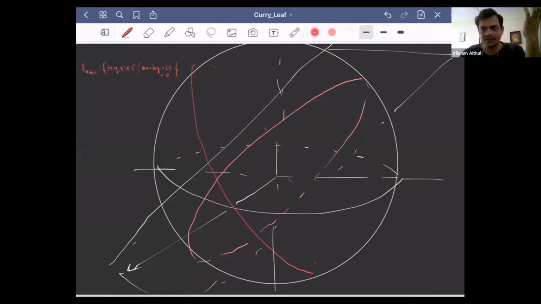Yes, right? How do we do it? Given any 2 points on the sphere, let's just take something that we have over here. Given these 2 points on the sphere, what can we do? We can look at the plane spanned by these 2 points, and we look at the intersection of the sphere with this plane. It will definitely contain these 2 points.